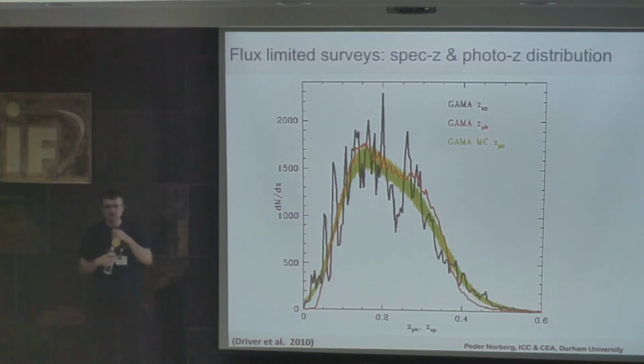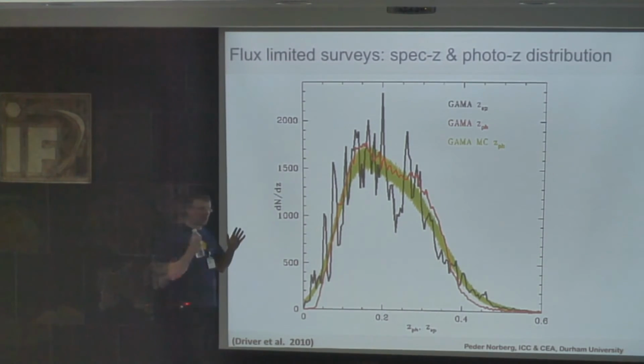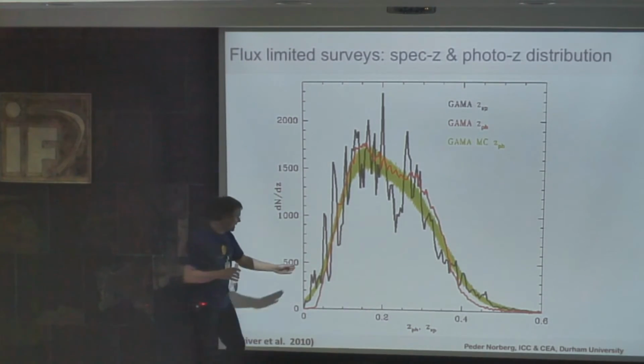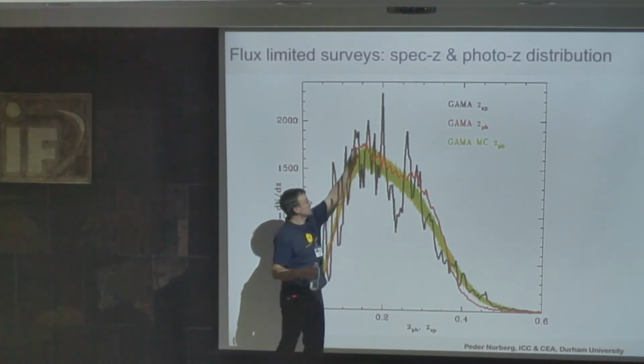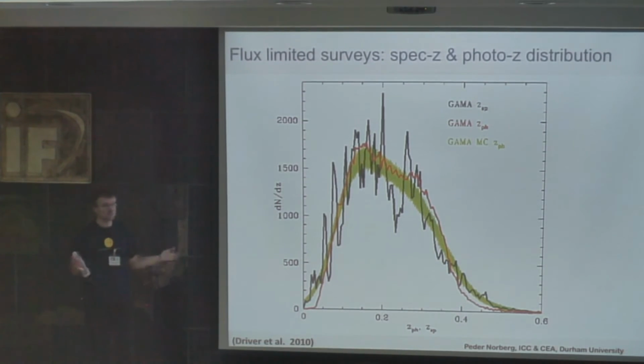Another question. Just another, to clarify. The black line is because... Oh, because it's a small survey, it's a lot of structures. So in each here is actually large-scale structure. It is actually real clusters and so on. And the fact it's so peaky is because it's only 200 square degrees, as opposed to SDSS, which is like 10,000 square degrees. So you gain in that.